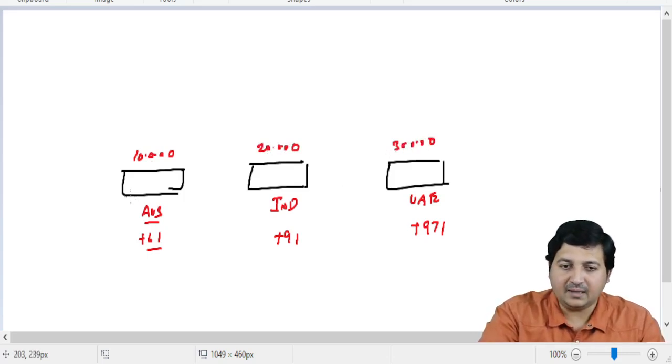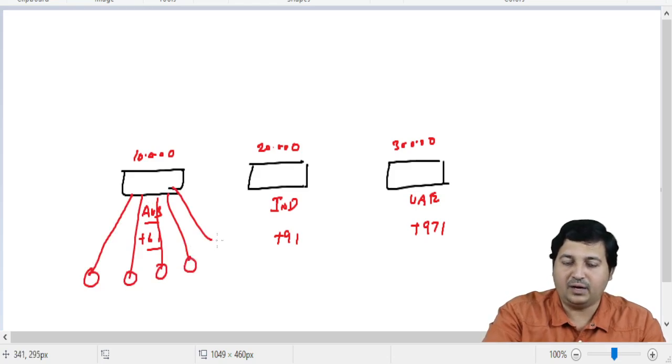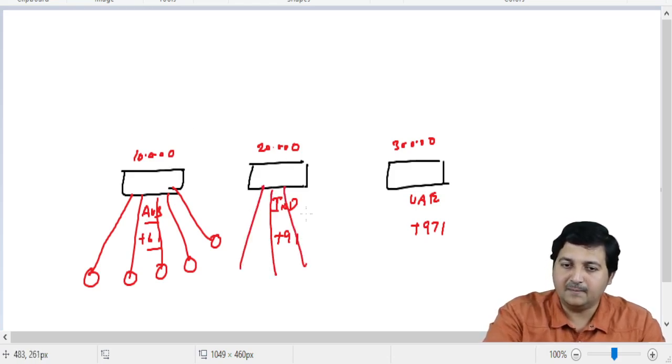So when I need a communication between these computers within the 10 network, do I require any gateway? No, I don't require, because when I need to go within the network, I don't need to go to any gate. But now when I need to go to this 20 network, again I need to connect a device called a